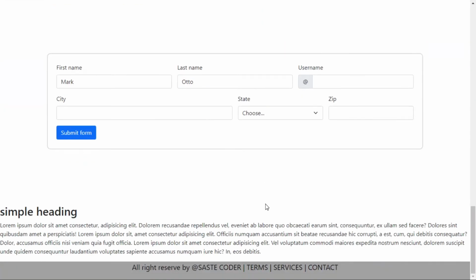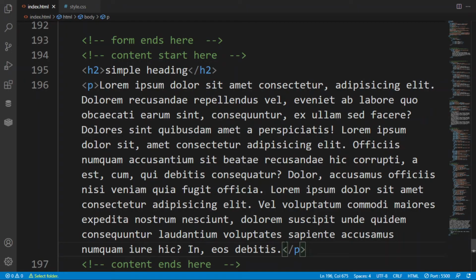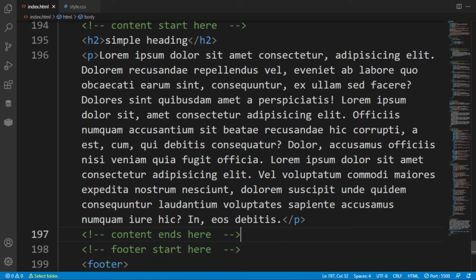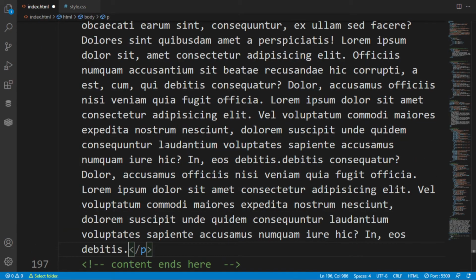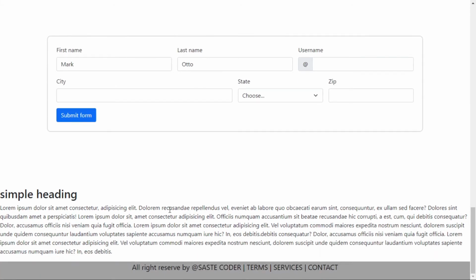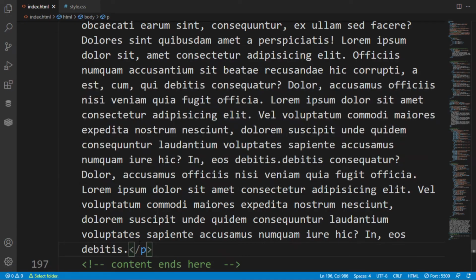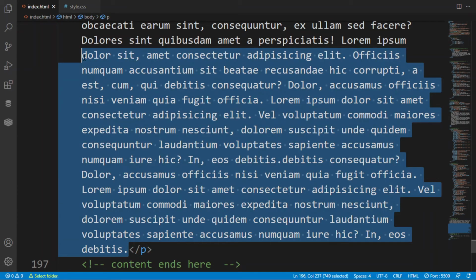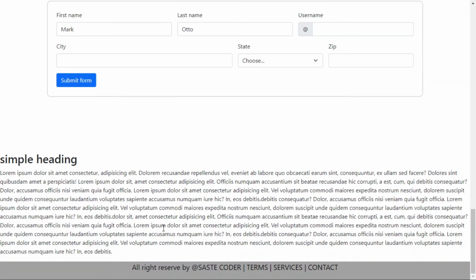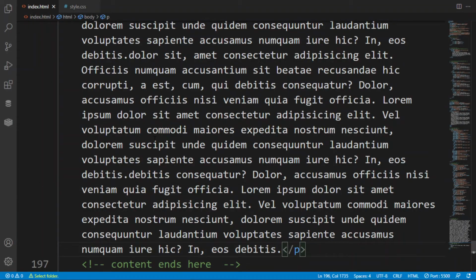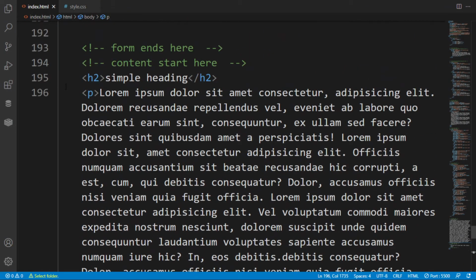So after saving, as you can see, this is the dummy paragraph that is actually working on the old CSS. So just remove this first part, or you can copy it, so that there is an increment in the value of the paragraph width or length, and then just copy it and paste it here. After saving it, this is the preview that we have created till now.